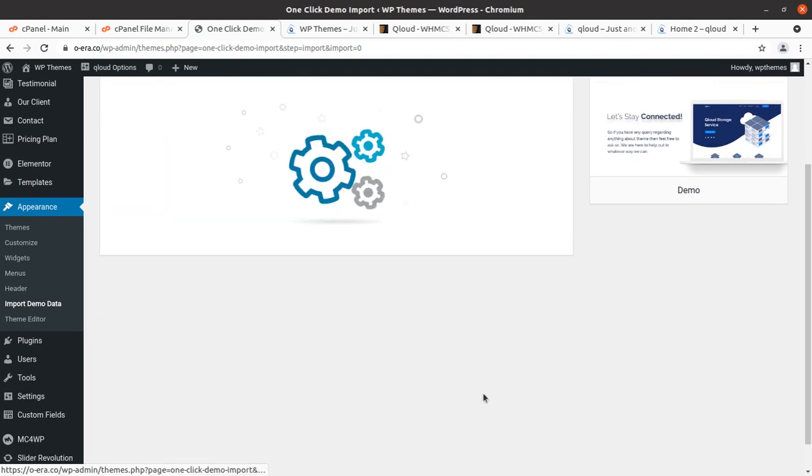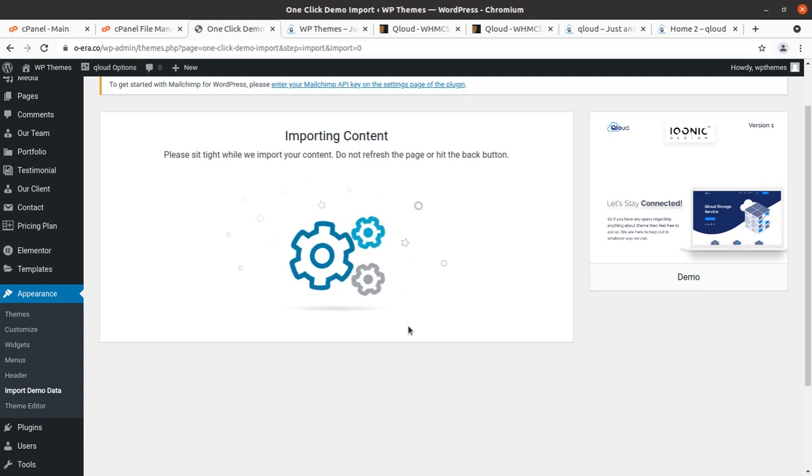Simply click on continue and import, and the import demo data process has begun. This screen needs your attention and your patience. Do not refresh the page and don't hit the back button. Let the process go smoothly and don't disturb the process.